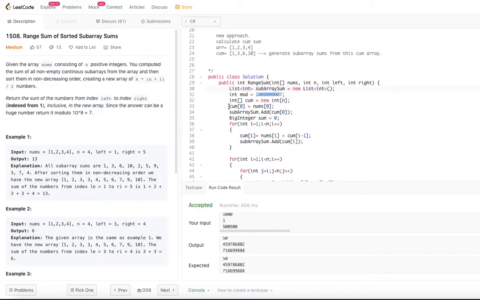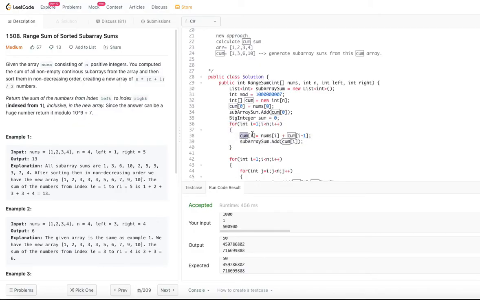And I have a cumulative array which is also equal to the length n, right? So length is given n and nums, we are supposed to add up the numbers from left to right in the subarray sums anyway, right? So what we are saying is cumulative is this array. So now just put whatever the first element into the cumulative, that means 1 and 1, they are same, right? So the first element will be same, and from the second element onwards you do the cumulative sum.